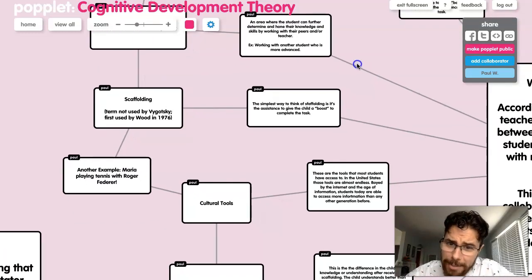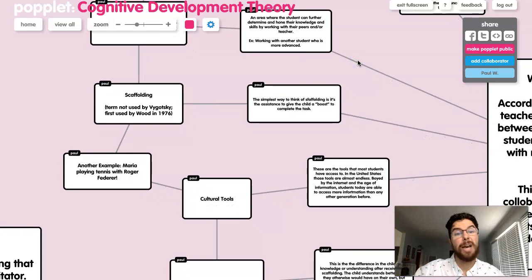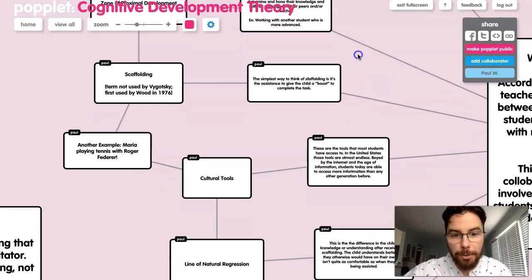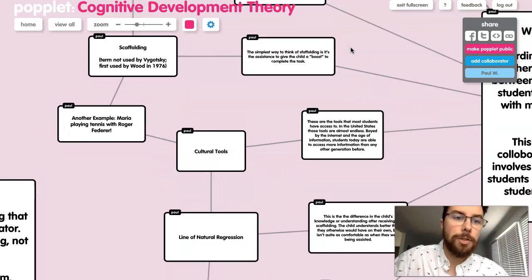Scaffolding is another massive concept. Scaffolding is just that boost. It was not actually introduced by Vygotsky. He called it something different. It was introduced by Wood. Wood started calling it scaffolding, and that's the boost. So they use a tennis example in the book, which I really liked, which was Maria